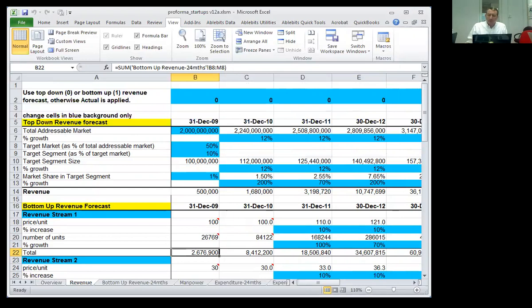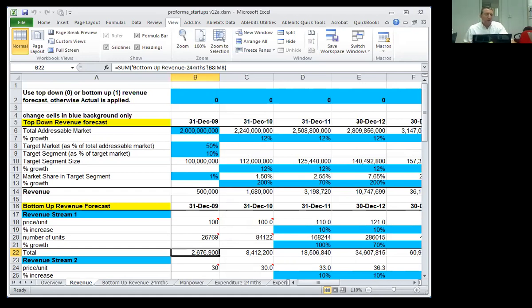So we will begin our modeling exercise by attempting to do a 5-year financial forecast for our revenue. Now, how do we do this? We're going to do this using the top-down and bottom-up forecast methods that we have used consistently throughout the process when we did our market sizing, for example,